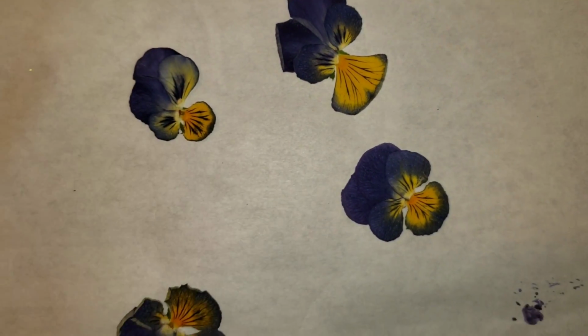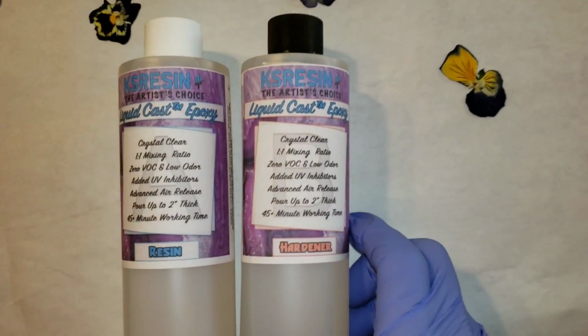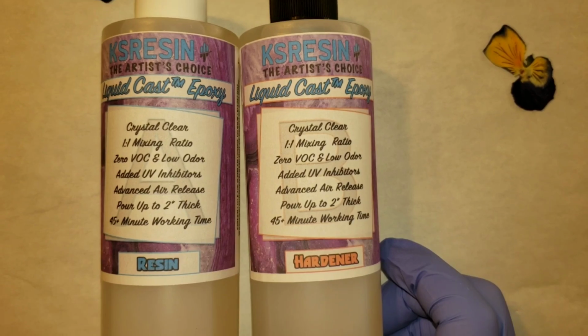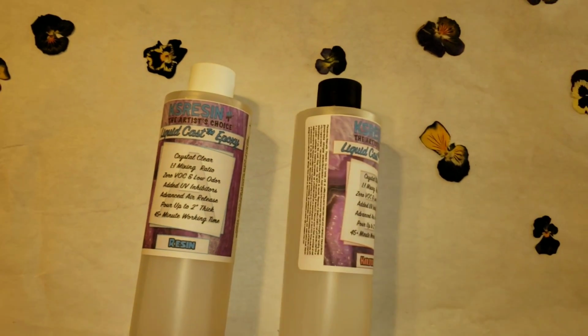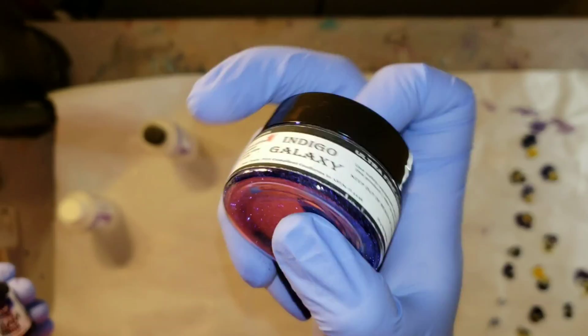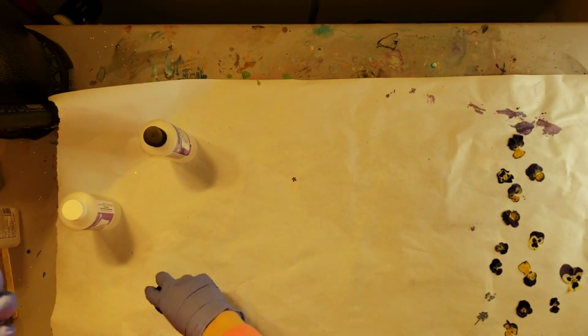Today I'm going to be trying out the KSRESIN Casting Epoxy. This is what the bottle looks like. It's liquid cast epoxy. It's a 1-to-1 ratio. 0 VOC, low odor. You can cast it up to 2 inches thick, and it's got a 45-minute plus working time. So I'm also going to try to use these pansy flowers that I dried, and I just got these